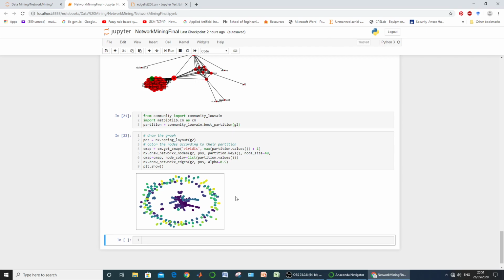After making the edge list, we designed a network, then we found various parameters for it. There are a lot of other things also. So this lecture acts as the basement for your further studies in network mining. Thank you very much.